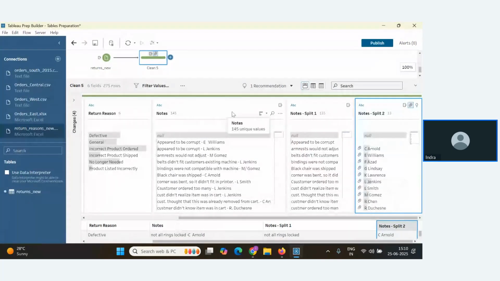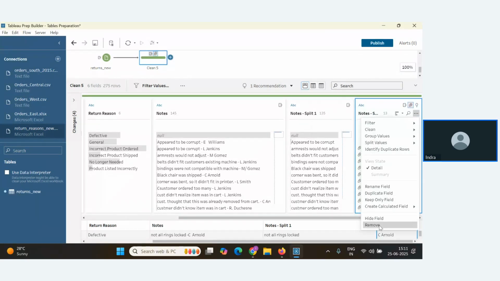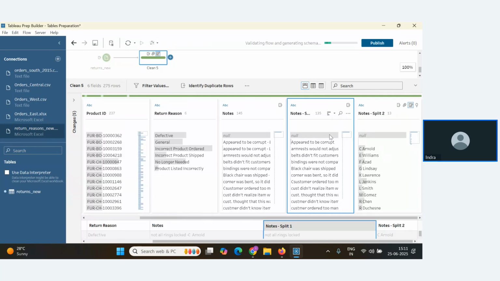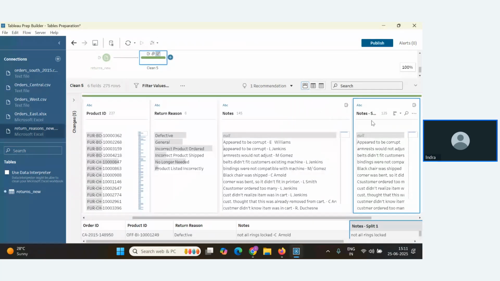Now what we will do? Let's rename these fields. Here I have an option called rename field. Let me give the name here as approver name. And let me give a name to notes split one also.